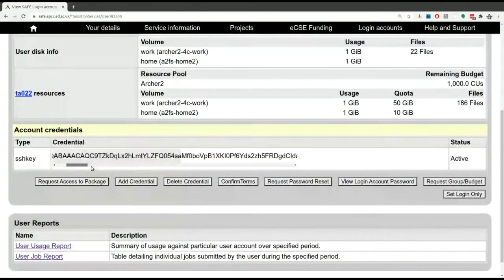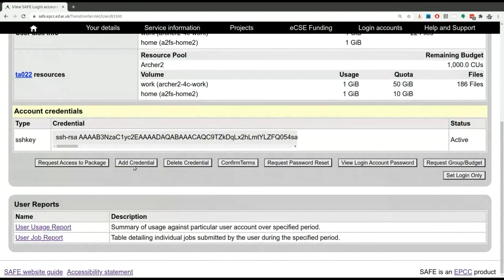Also, I can see the public part of my SSH key, and as Julien explained yesterday, we can add a new credential, like an SSH key. We can view our password. Actually, this only works the first time because this is a one-time password, and for security reasons, you have to change that later. So you can request access to a package, request